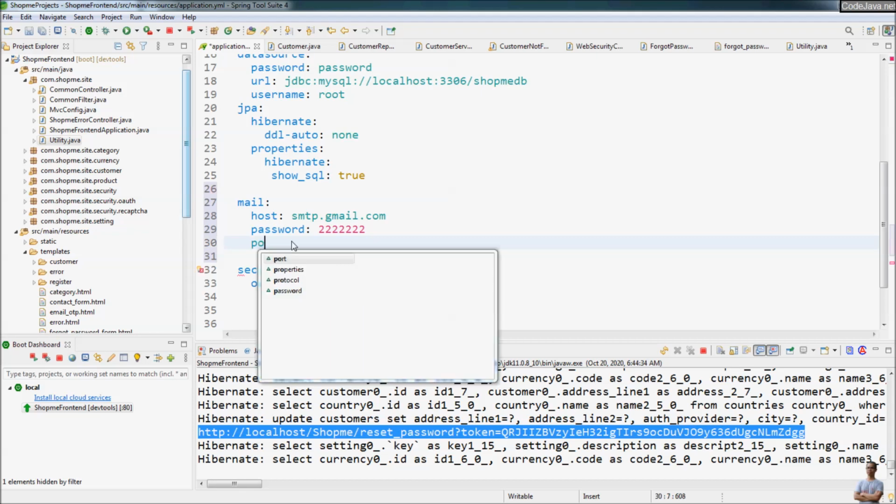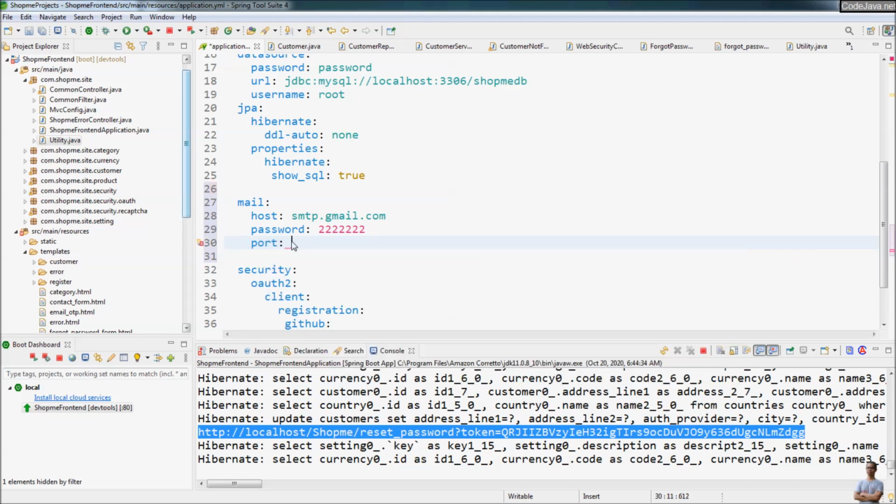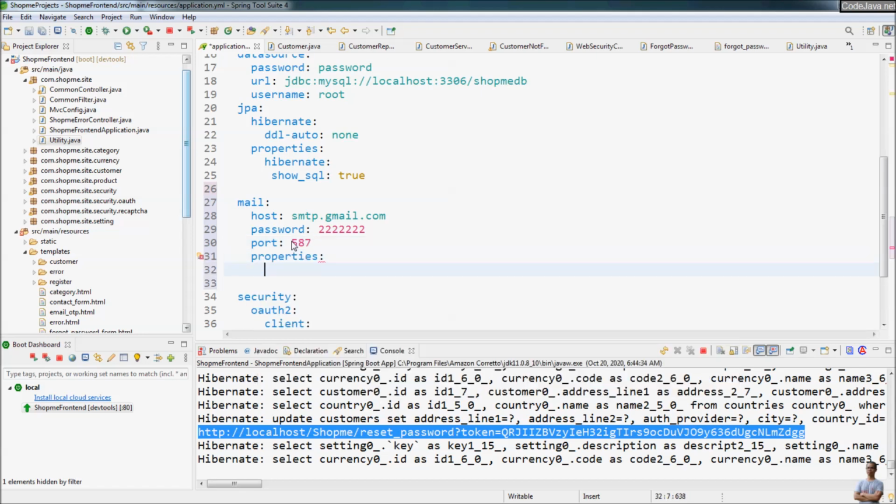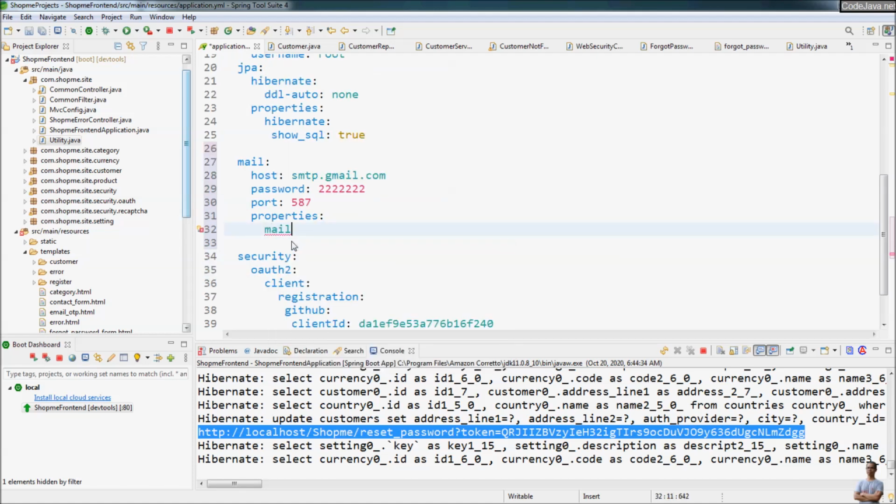And the port number of SMTP server is 587, and we need to specify the properties for mail SMTP, authentication true,